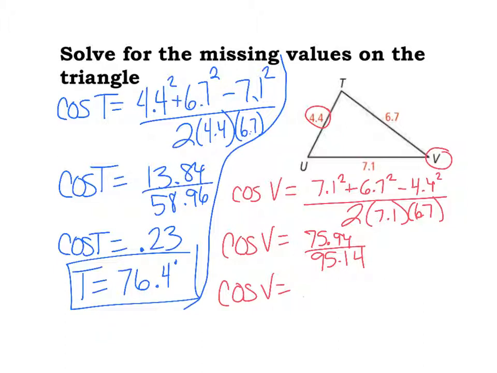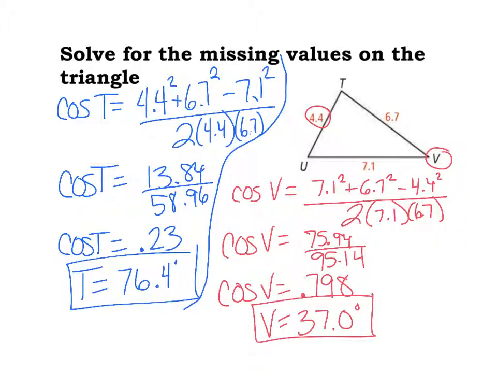And I get 0.798, whatever, and I do second cosine because I'm looking for the angle, second answer. And I end up with 37, it actually would round off to 37.0 degrees. And then the last thing I'm going to do to find angle U is to subtract those two